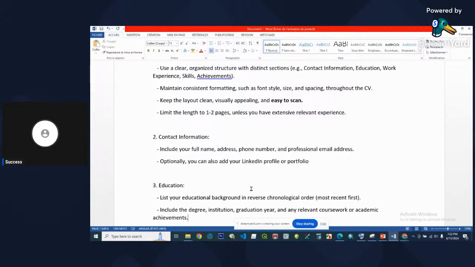Optional, you can also add your LinkedIn profile here or your portfolio. Now, for your portfolio, especially when you're applying for something that demands a lot of skills, like graphic designing, video editing, copywriting, photography, even programming, content writing, stuff like that that demands your skills, you should have a portfolio. If you don't know how to get a portfolio, if God is gracious to you, I might show you how to get one for free. But let's get to that later.